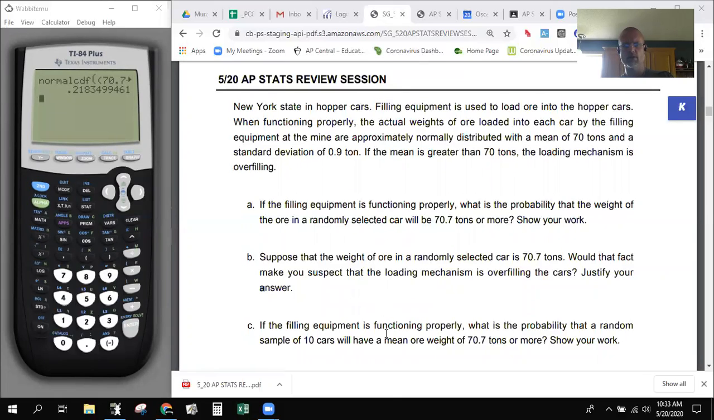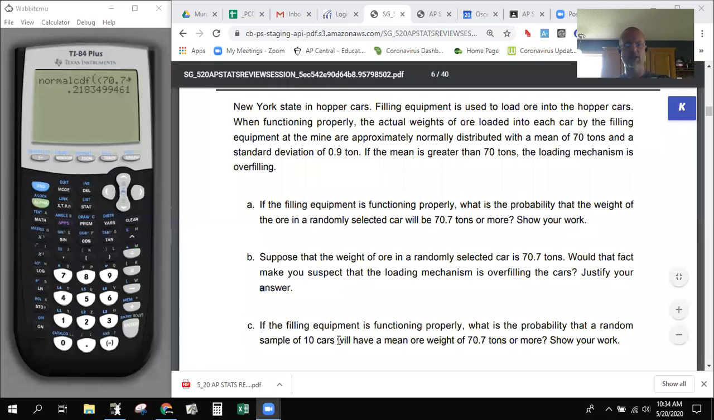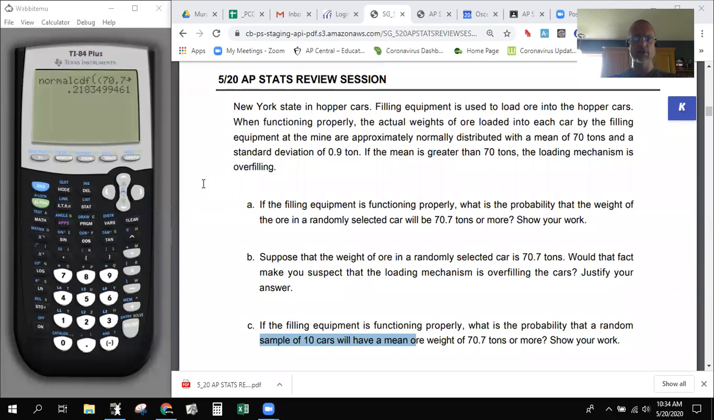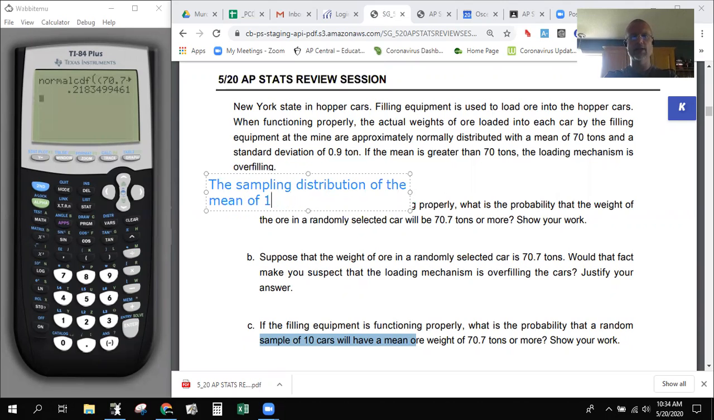And then if the equipment is functioning properly, what's the probability that a randomly selected sample of 10 cars will have a mean ore weight of 70.7? So now we're talking a sample of 10 cars. So now we have to come up with the sampling distribution of this mean right here. Okay, so what you're going to do now is identify that this is going to be a sampling distribution. The sampling distribution of the mean of 10 cars, 10 randomly selected cars,